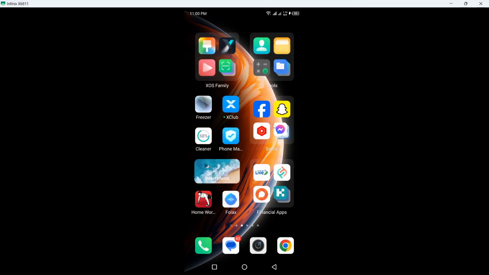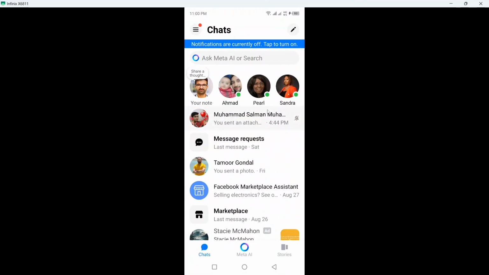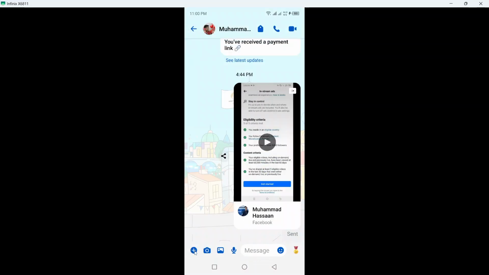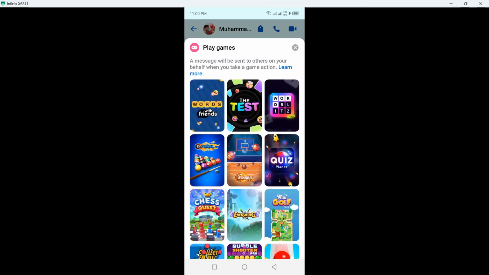So the first step you need to do is to open Facebook Messenger and open any conversation and click on this plus icon in the left bottom, and here you can see image, location, play game. So click on that play game, but here you can see there is no Ludo game, so you simply need